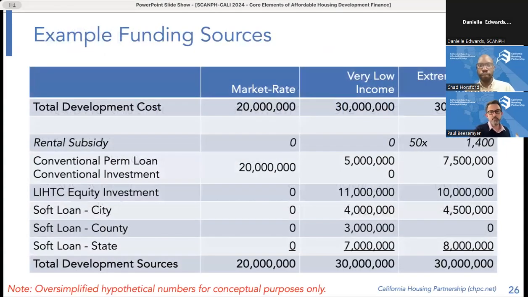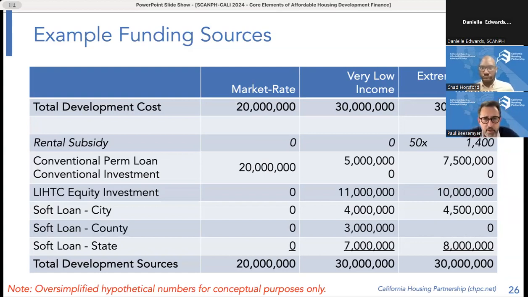Thank you. So where I want to leave you is, back to our examples here, and I am realizing now there's a typo that I want to correct. I'm not going to correct it in real time, but the market rate example on the left should be $30 million. So we have 3 different $30 million examples. The market rate example is covering its nut, if you will, with cash flow and the combination of a mortgage and equity investment.